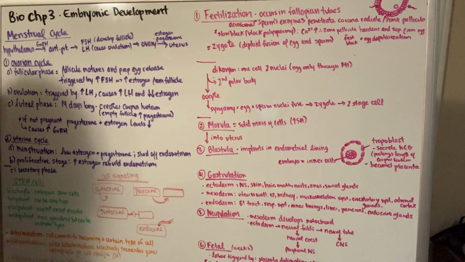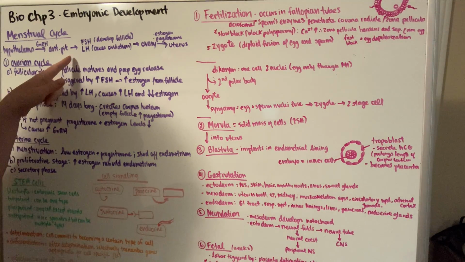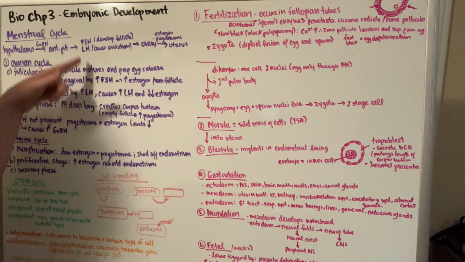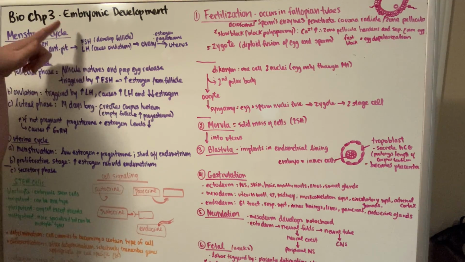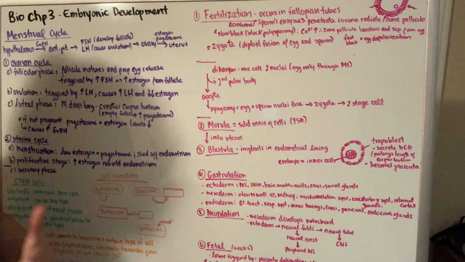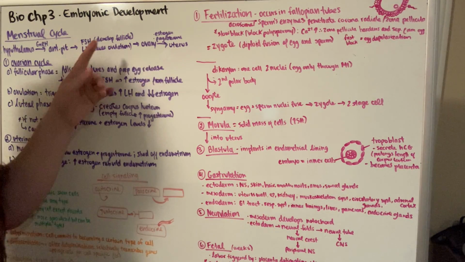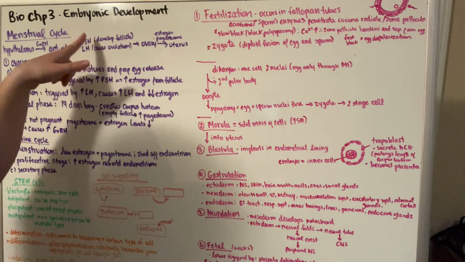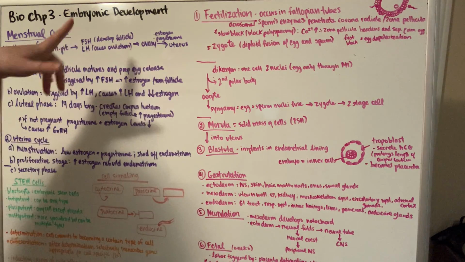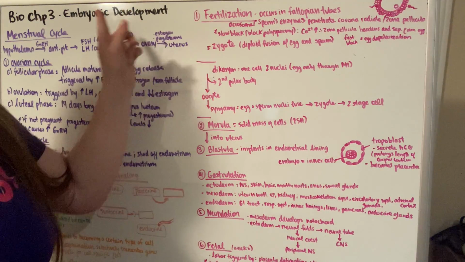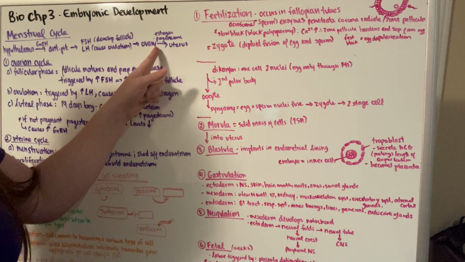We have the hypothalamus that stimulates GnRH, which stimulates the anterior pituitary to release FSH and LH, where FSH helps develop the follicle, and LH, which causes ovulation. And those hormones act on the ovaries, which cause estrogen and progesterone to be released